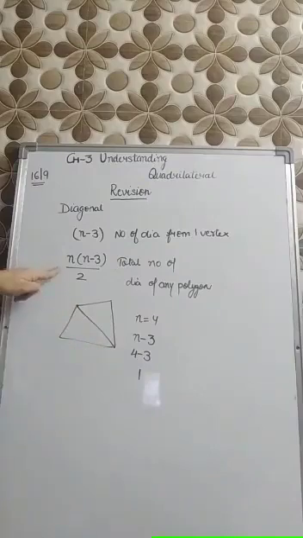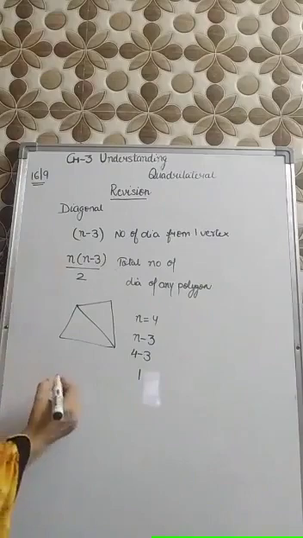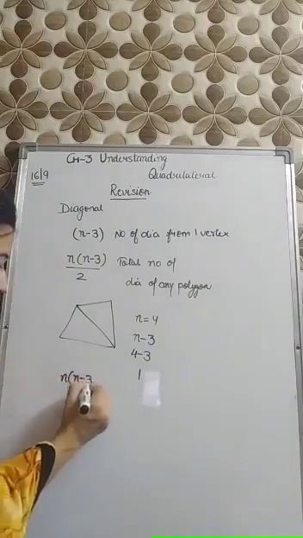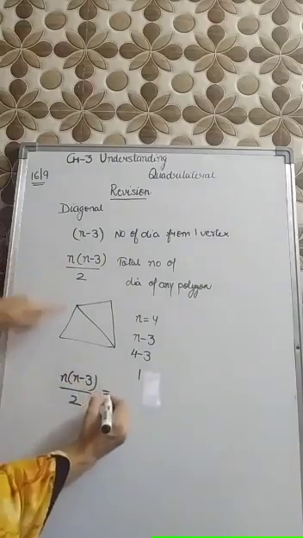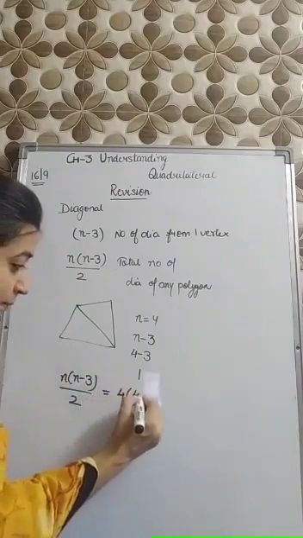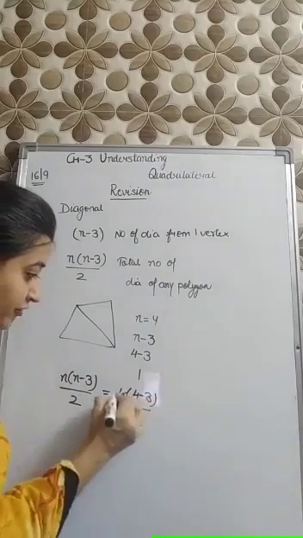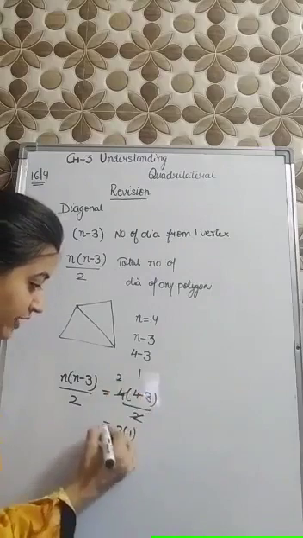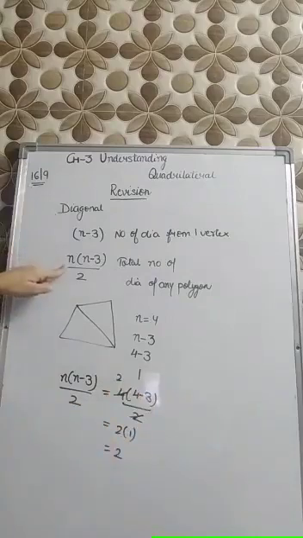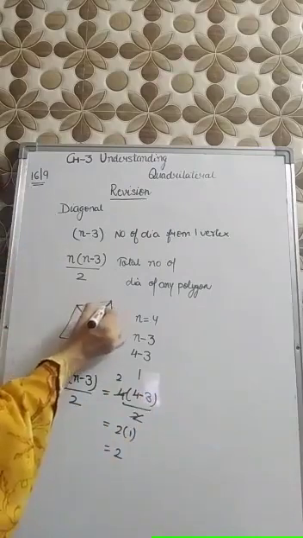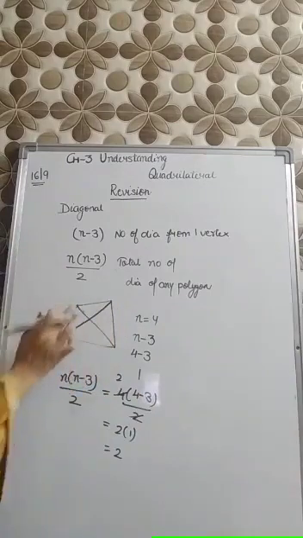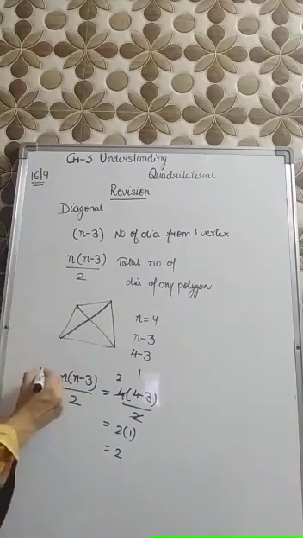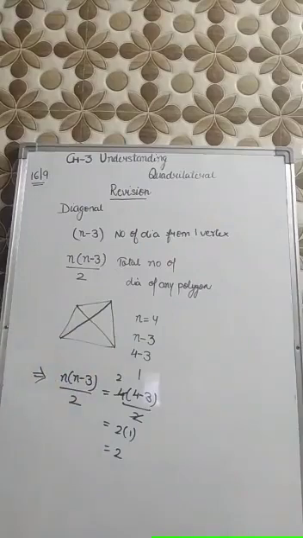If we want to verify the formula to find the total number of diagonals of a polygon, we can use this formula for number of sides 4. So let's verify this formula, n into n minus 3 upon 2. Suppose I am having 4 sides, so let's put 4 here. When you divide this, you will get 2. If you want to find the total diagonals, let's join this, we are having two diagonals. As you can see, it is also verified from the same formula.